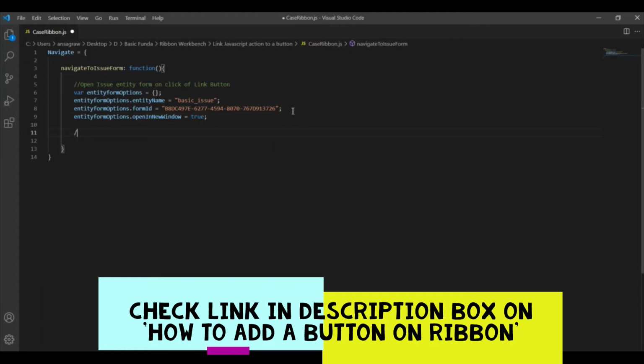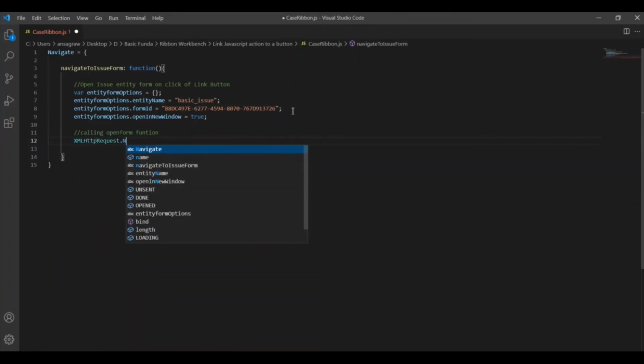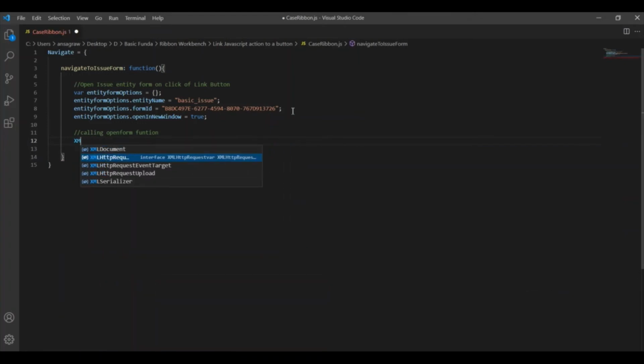Now final step is calling open form function. So that will navigate us. So we have an inbuilt function that we will use, Xrm.Navigation.openForm.